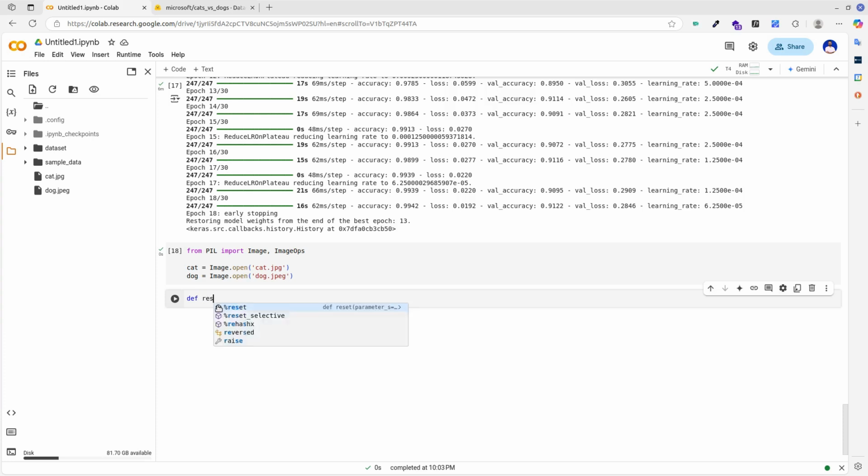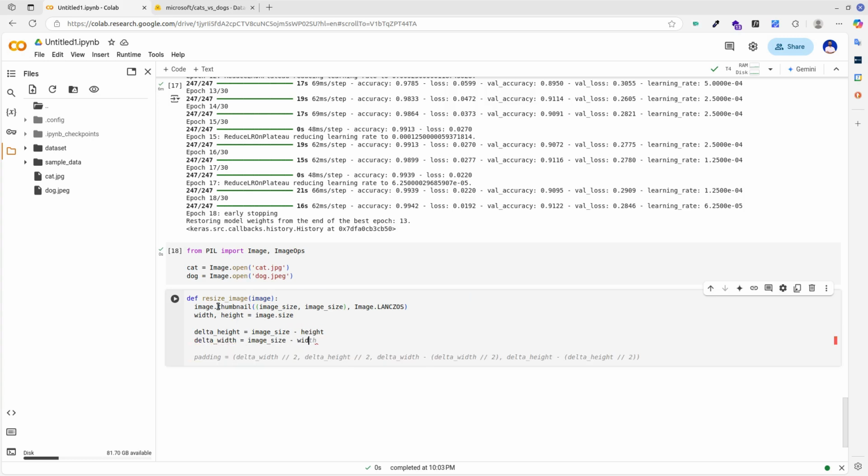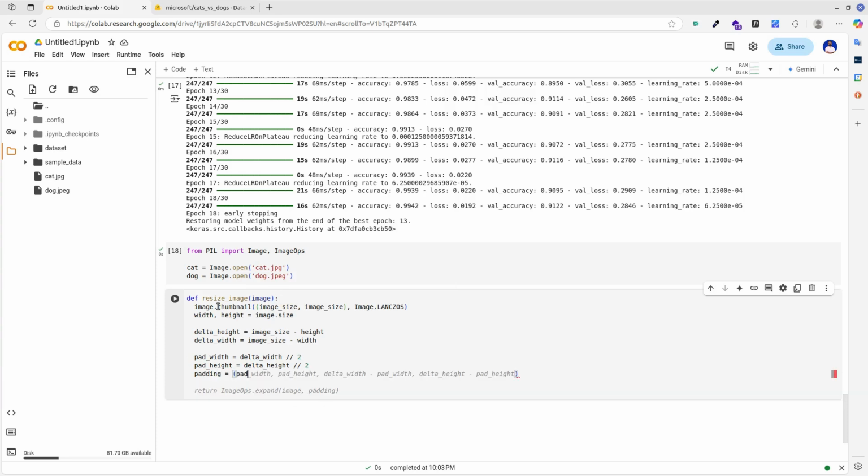Let's start by defining a function to resize the image. This function will not only resize the image, but it will also pad it to avoid deformation. Initially, we will call image.thumbnail to modify the image in order to contain a thumbnail version of itself, no larger than the given size and with the original aspect ratio. Then, we'll define a tuple that will be used to add borders to the image